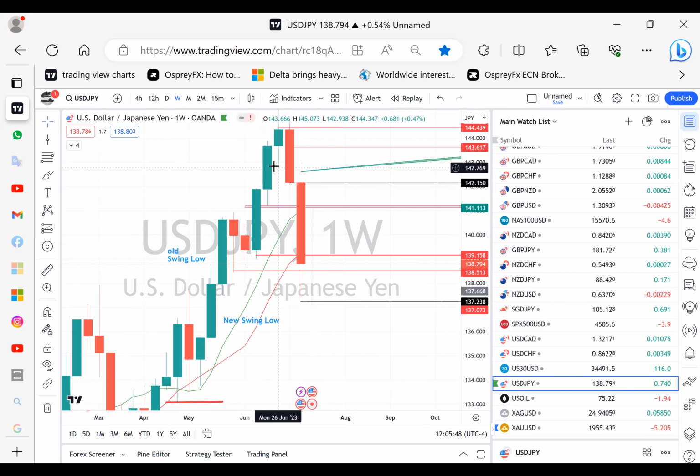We didn't have an imbalance last week. And the reason why I suspected that we go to this level was because of this weekly wick. Now, we can have an imbalance, and it's fine if we do. But